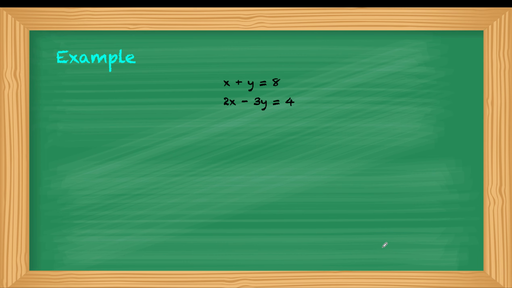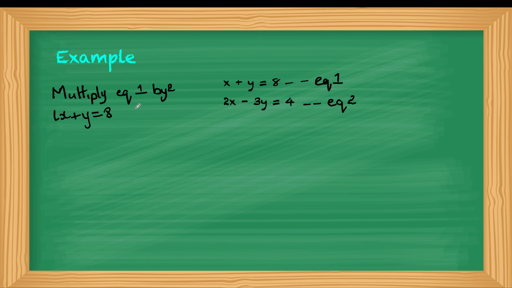Now let's look at the next example. So once again, I'm going to label my equation, and this is my equation 1, and this is also my equation 2. And remember, my aim is to get coefficients and some variables looking the same, so I can get rid of one to solve for the other. So for this one, I'm going to multiply equation 1 by 2. So when I take equation 1, which is x plus y is equal to 8, and